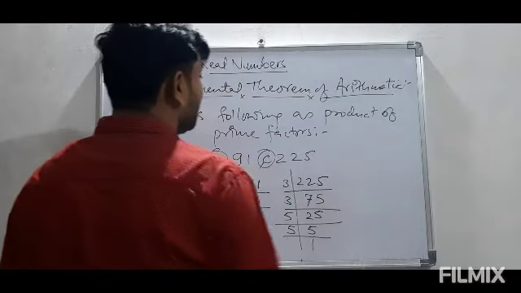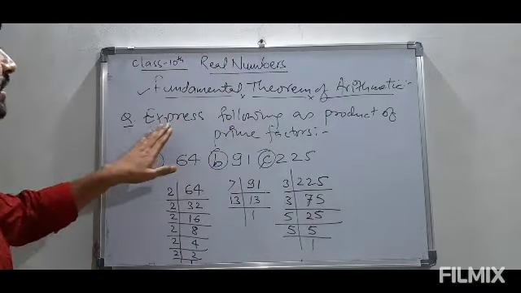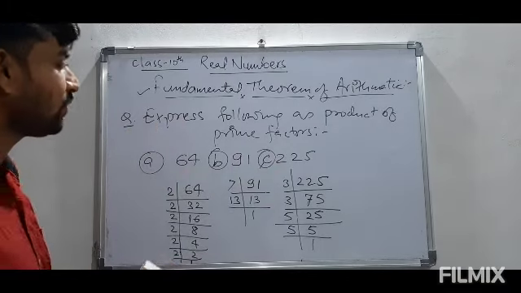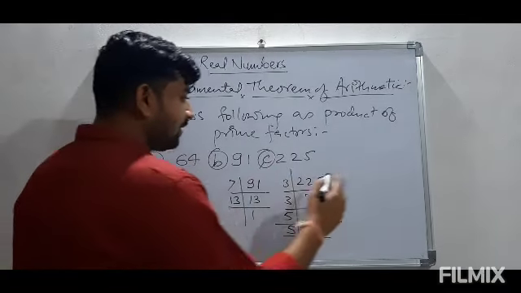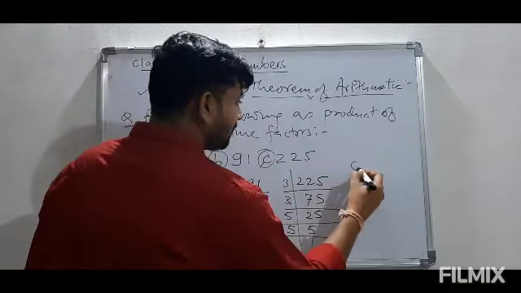So now according to the fundamental theorem of arithmetic, we can write these numbers as the product of their primes. So we will be writing 64 is equal to, how many factors are there? 1 2 3 4 5 6. So we have to multiply 6 times this factor 2. So this we are getting. Now this is 6 times, so we can write it as 2 power 6. So this is how we express any composite number by using the fundamental theorem of arithmetic.